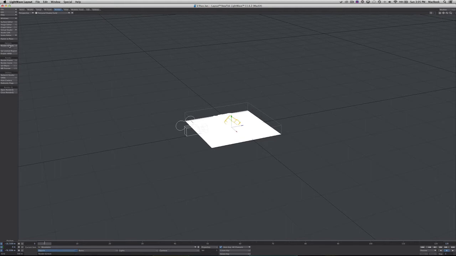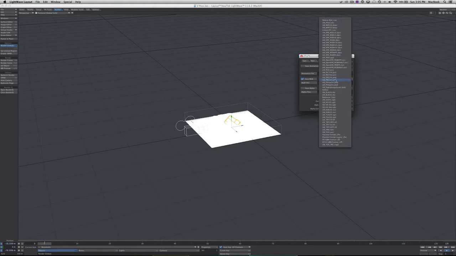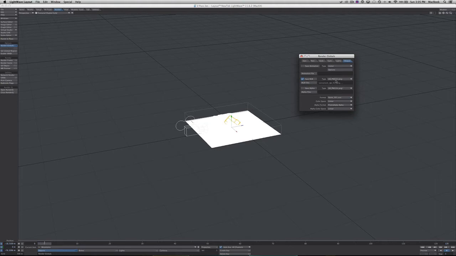So basically you just go to Render Global or press Shift P and go to Output, and then normally this wouldn't be clicked on, but since I've worked on this already, it was left clicked, so I'm just gonna click on it again, and then we're gonna select this file format, Lightwave PNG 32.png, and then what we're gonna do is gonna export,